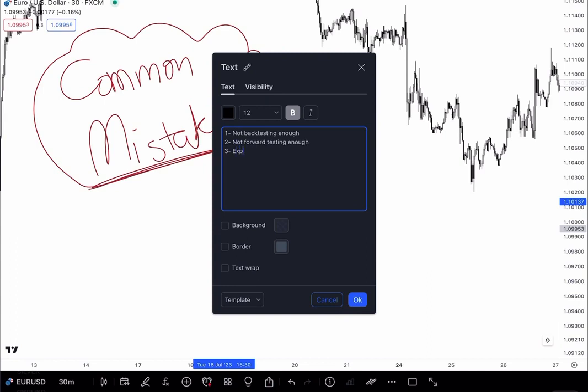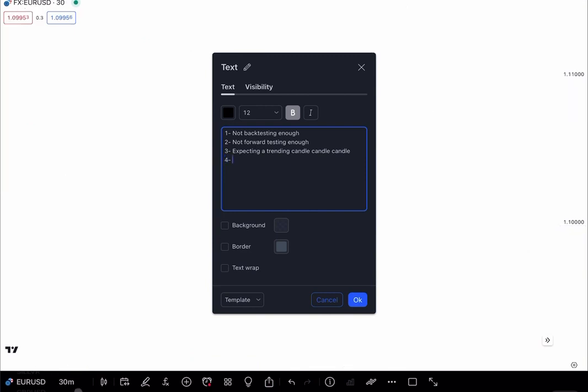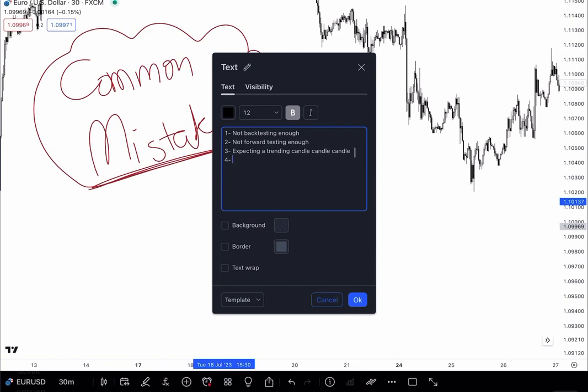Expecting a ranging candle, expecting a trending candle, and being surprised by a ranging candle. How do you avoid this? You avoid this one by always taking partials at important highs and lows and at 50% levels. Because